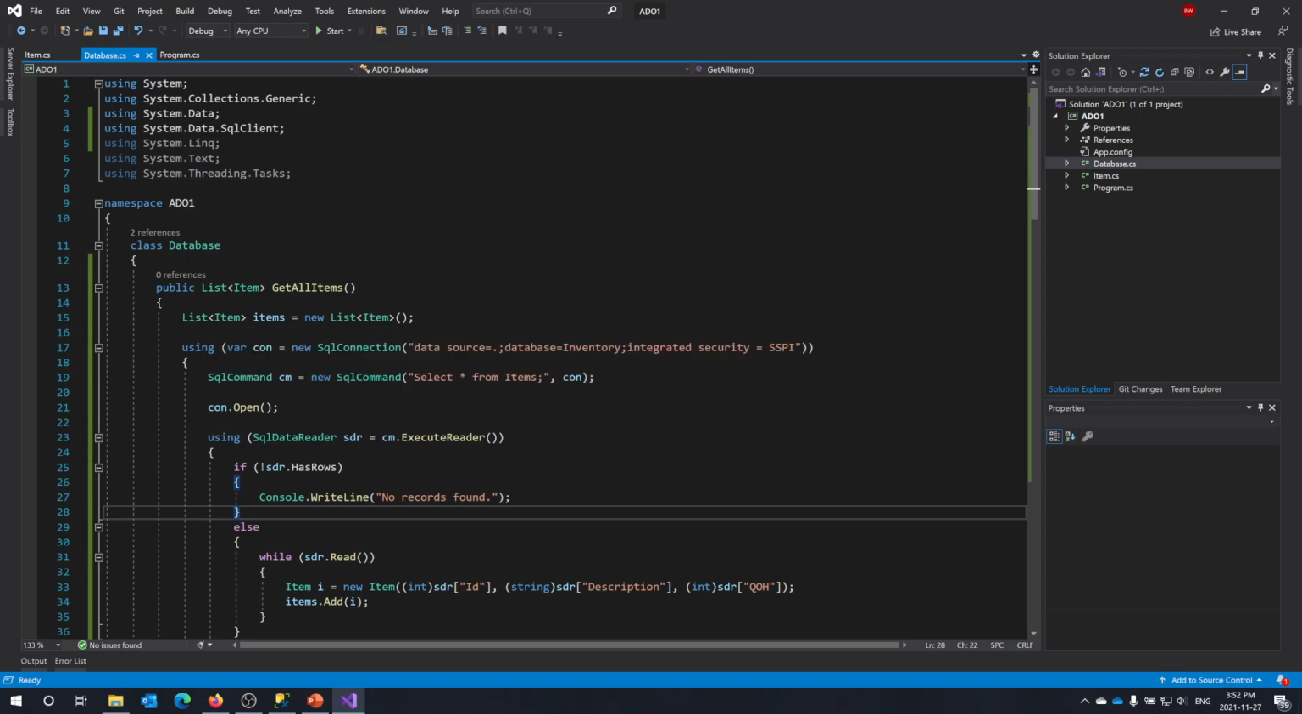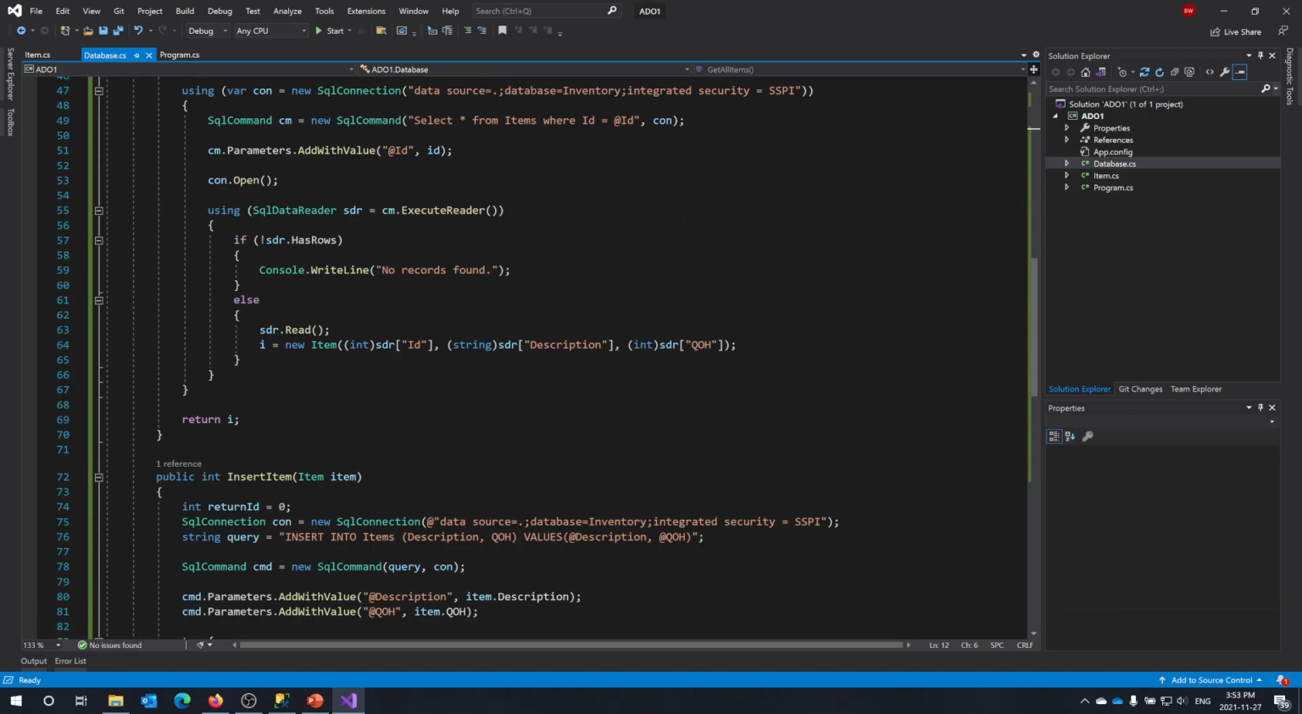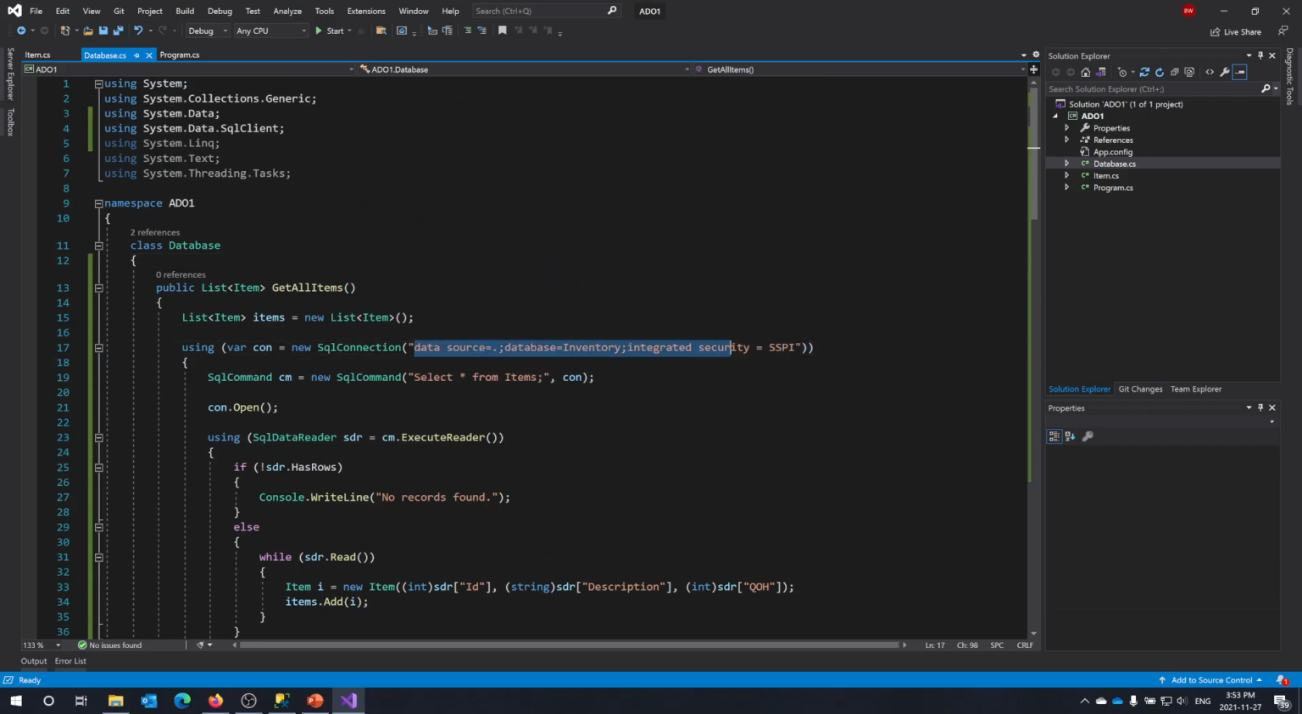So you can have a database constructor, and then you could make the SQL connection there. Nothing stops you from doing that. Or you can have it per method, like I'm having here. The data source here should probably be